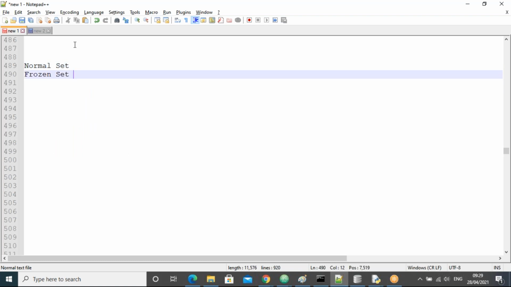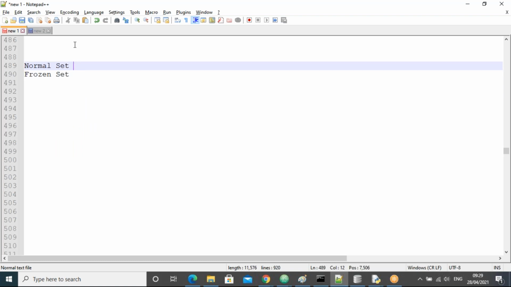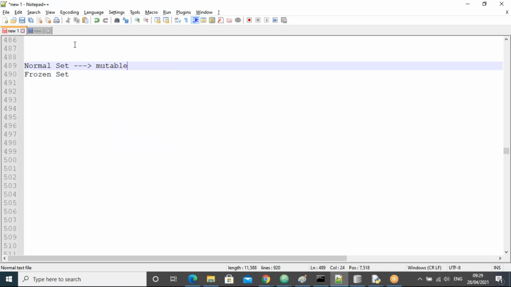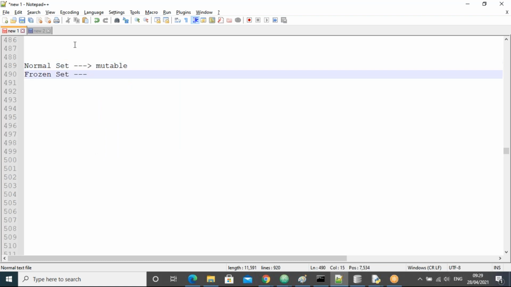The simple difference here is that the normal set is a mutable object, whereas the frozenset is an immutable object, guys. That's the difference, mutable and immutable. And we know what is mutable and what is immutable. Remaining all are the same, guys.